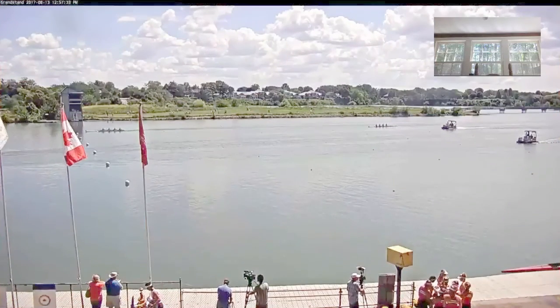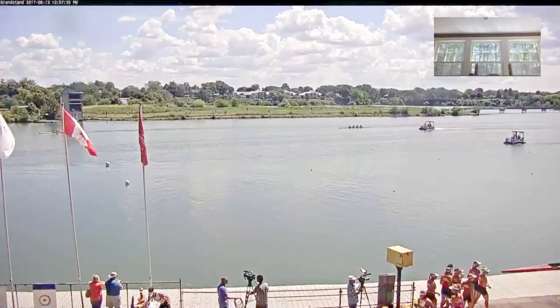Congratulations again to the Community Rowing Club champions in the under-19 women's 8. Just behind them, don't know if you were able to catch it, but it did look like Ridley